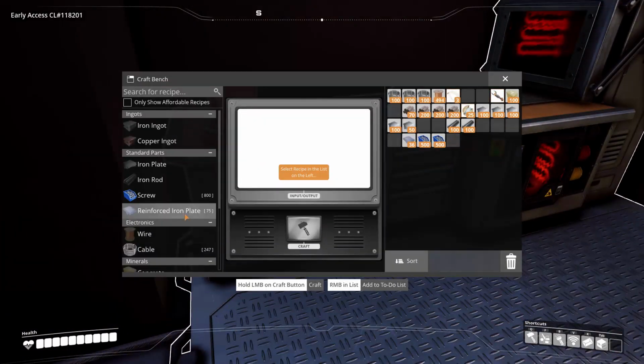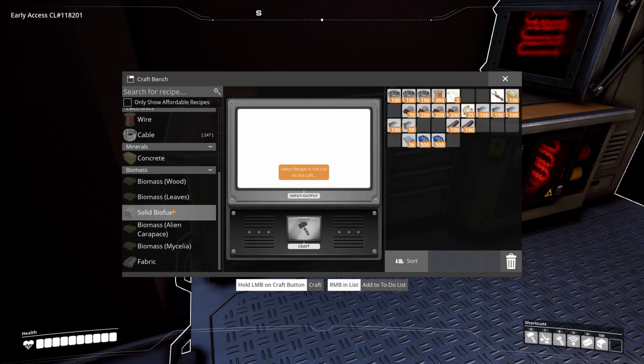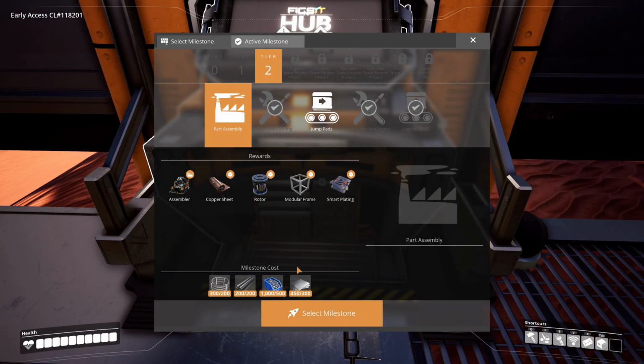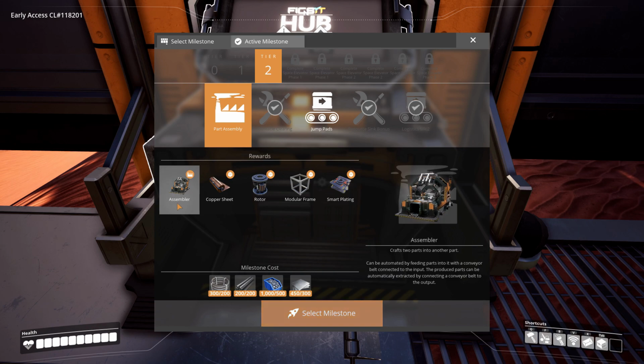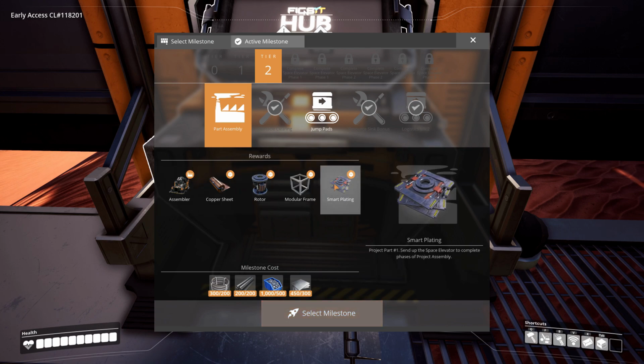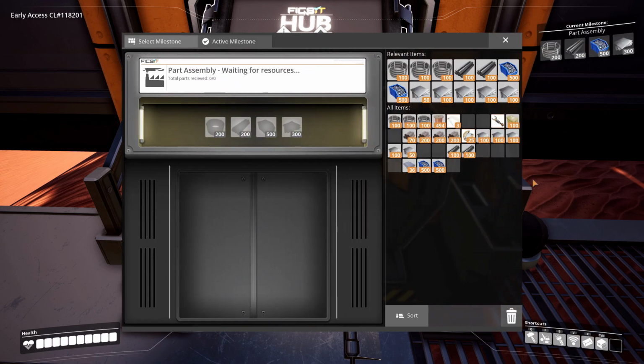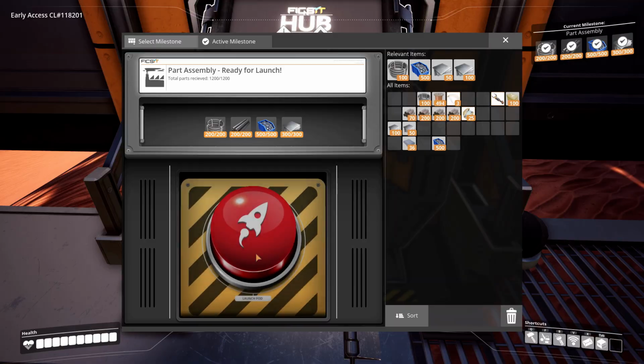So we need smart plating, huh? I don't see it there. Okay, I think we might have to do... Yeah, part assembly we have to unlock, and that will let us craft smart plating as well as modular frames and rotors, and we'll get an assembler, which will let us automate construction of items that require 2 ingredients, of which I think all those are 2 ingredient items. So let's select that, put everything in, hit the button,